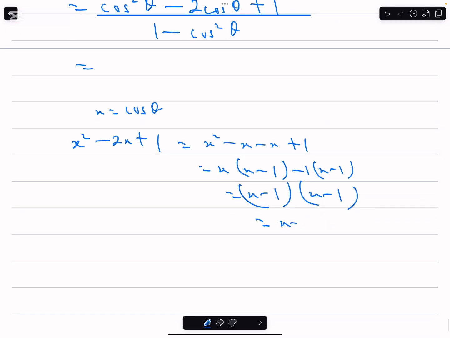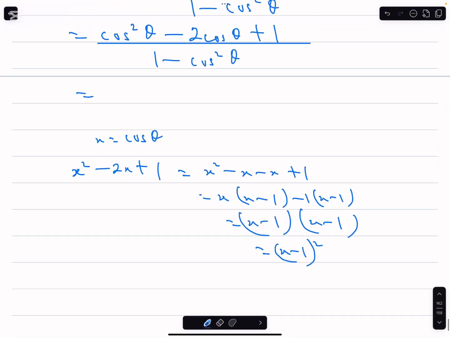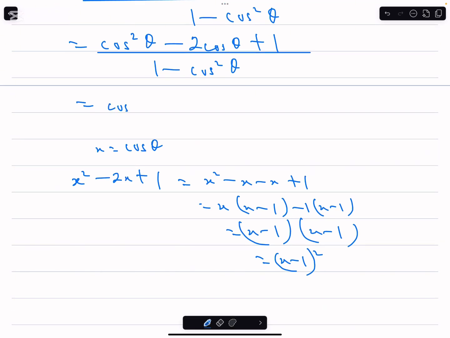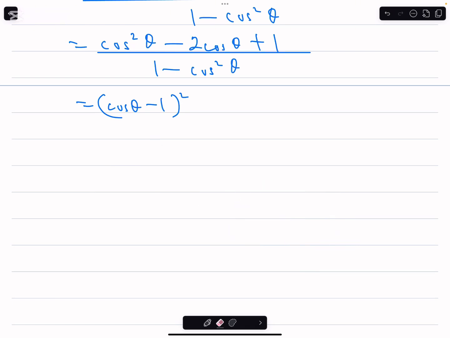And I can write that as the square of x minus 1. And I know that x is cos theta. So that means the numerator is the same as cos theta minus 1 all squared. The square of x minus 1 will now be the square of cos theta minus 1. We just replace the x in that with cos theta. So that means the numerator is the square of cos theta minus 1, divided by 1 minus cos square theta,